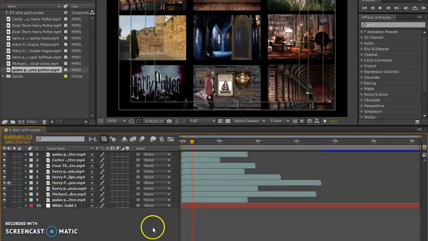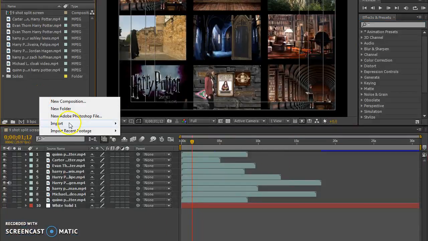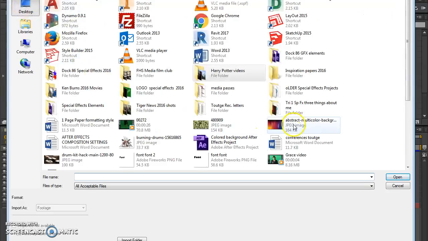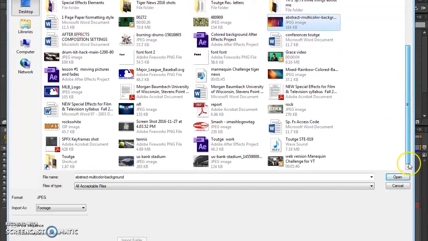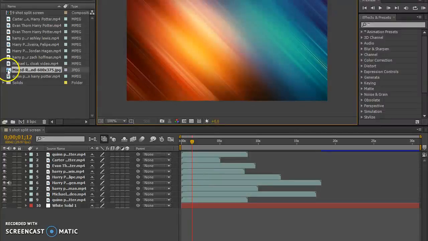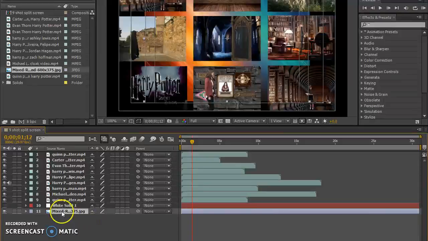Okay, we'll go back to After Effects. Import mixed. No, that was not the right one, right? It was mixed. It was this one right here. And it's actually not a very high quality picture. So if I double click on it, well, it's not too bad. I can bring this mixed one down right here underneath the white solid. And you can kind of see that